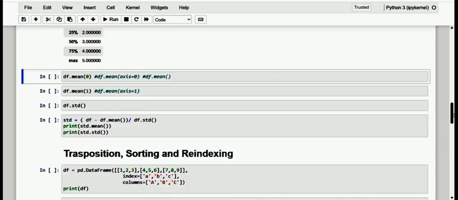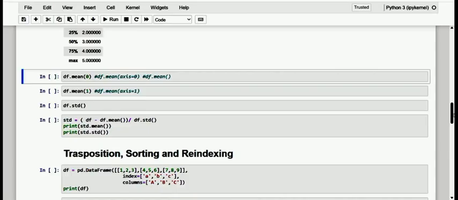Here we are going to see calculation of individual statistics. The statistical evaluation by column is the default one, and you can also omit the axis parameter. For example, if you want to calculate the mean of the values in each column, you can just provide the mean method here.